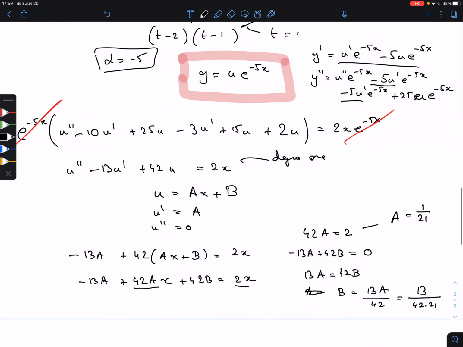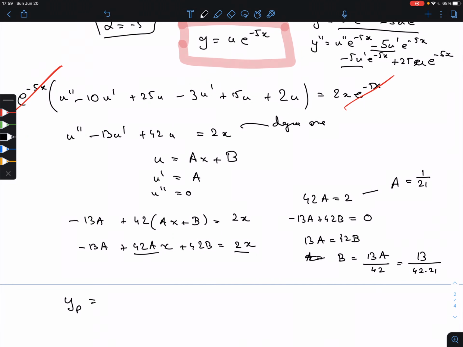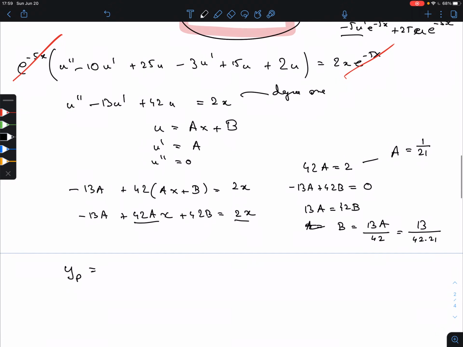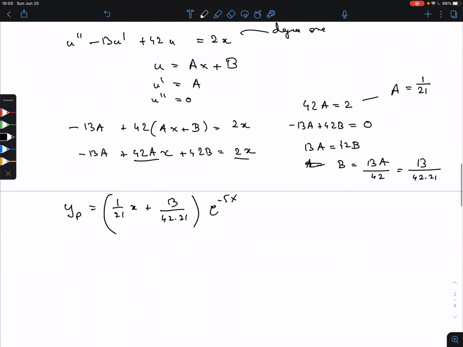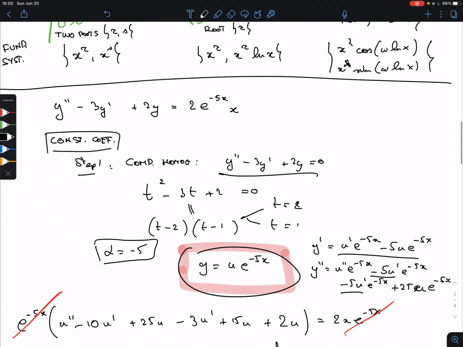So now, don't forget to put things together. What is the particular solution? The particular solution is this one, the pink here. So this u that we just calculated, 1 over 21x plus 13 over 42 times 21, times e to the minus 5x. That's the particular solution. The general solution is this particular solution, so let's copy this one: 1 over 21x plus 13 over 42 times 21, times e to the minus 5x, plus the general homogeneous solution, which was,